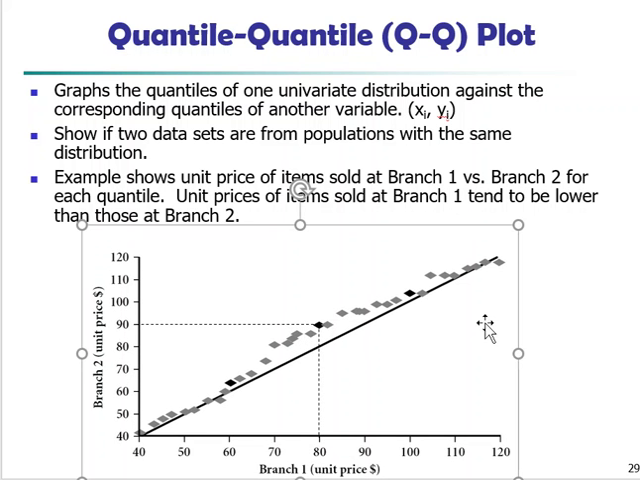This graph, okay. Then we will pair those values up. So the lowest value from branch 1 is paired up with the lowest value from branch 2, and that's our first data point. And then we use the second smallest price from branch 1 and plot it against the second lowest price from branch 2, and that's our second